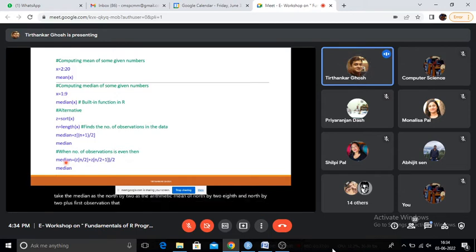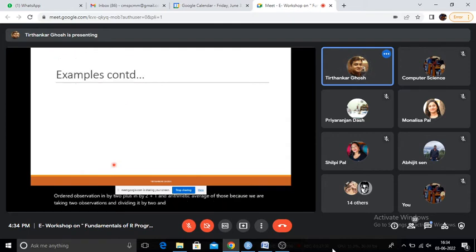If the total observations are 10, then the arithmetic mean of the fifth and sixth observations is the median, since otherwise the middle value is not unique. So when n is even, we compute the median this way: the ordered observations n by 2 and n by 2 plus 1, and take the arithmetic average of those, adding the two observations and dividing by 2. So this is how we can write small codes.